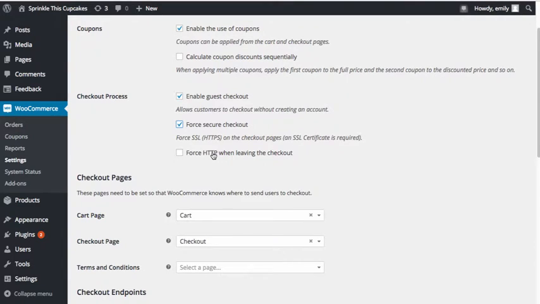That will take the user back to an unsecured area of the site once they're done with the purchasing process. This can sometimes speed up your site, so you might want to go back to HTTP. The caveat, though, is that many websites, the whole website is under a secure socket layer. So this might be a moot point. But